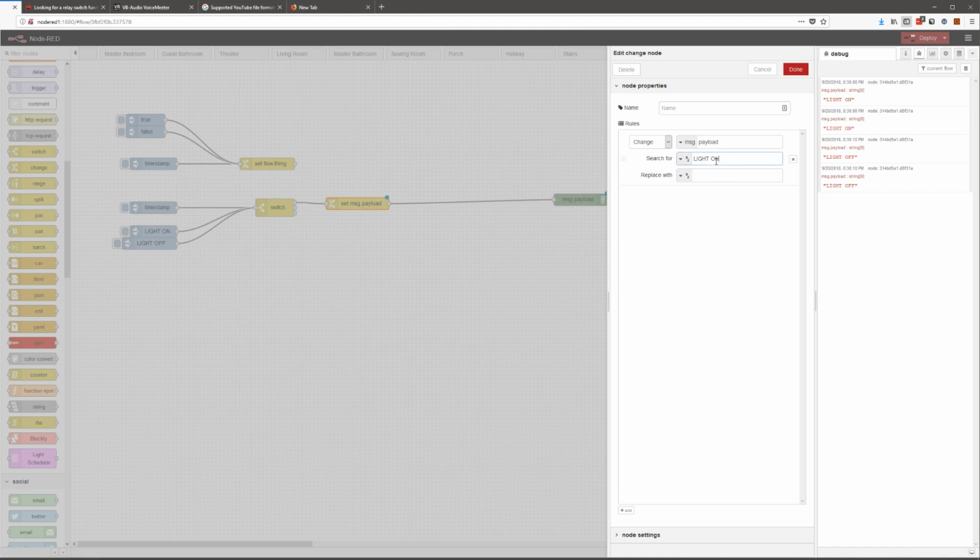If it sees a string that says light on, let's replace that with turning on the lights. That'll represent a thing actually doing that. And then go to change. If the message payload is light off,